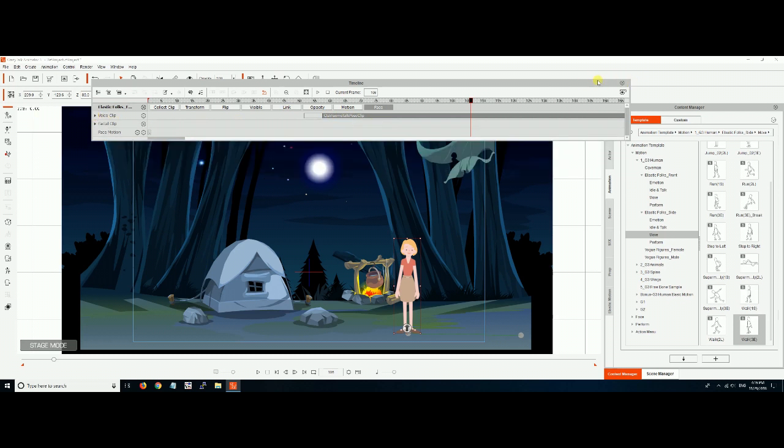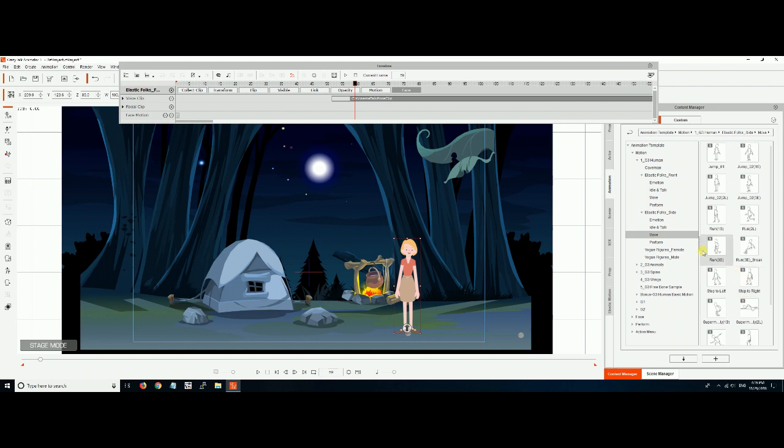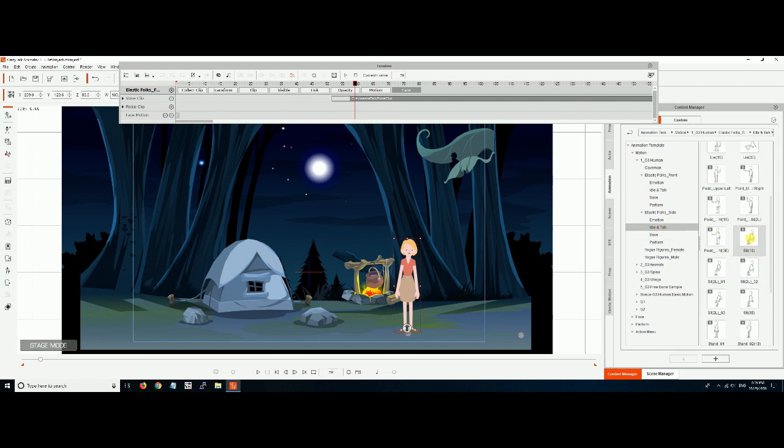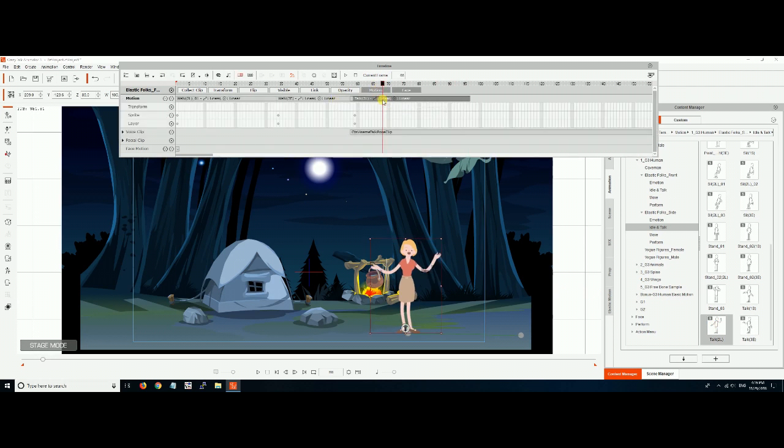Okay, let's have her do something else. She needs to talk like a normal person, right? Let's zoom out and have her do some motion while she's talking. She starts talking right about here. I'm going to go back over to animation, and somewhere in here there will be talk. Let's go to idle and talk, and here's talk loop. Let's double click on that. Hi, my name is... And it does one bit. If you go to motion again, you'll see here's where she's talking, and if we wanted to talk longer,